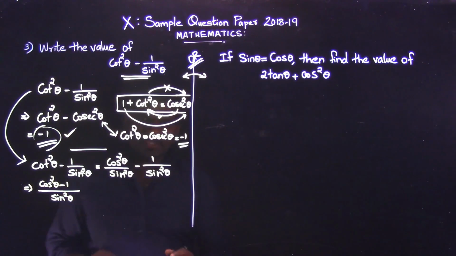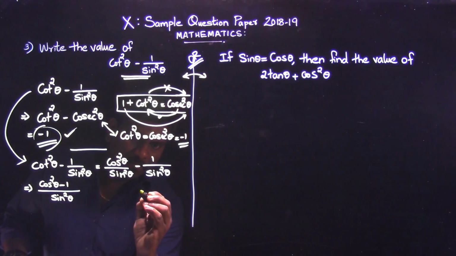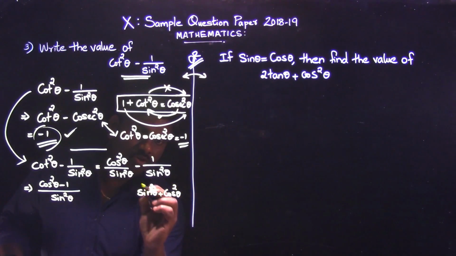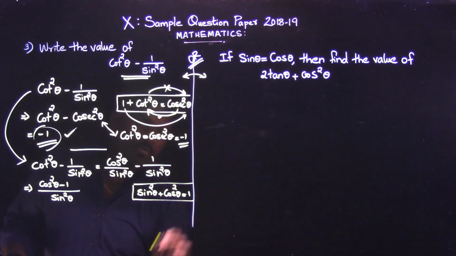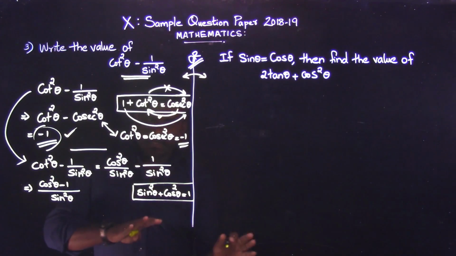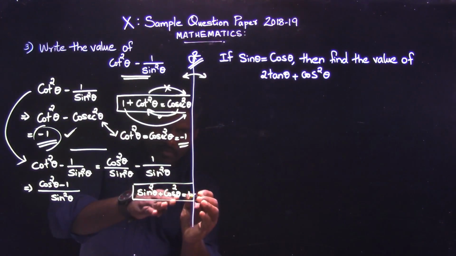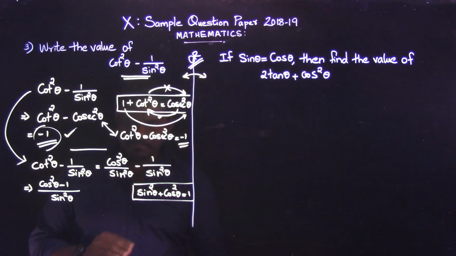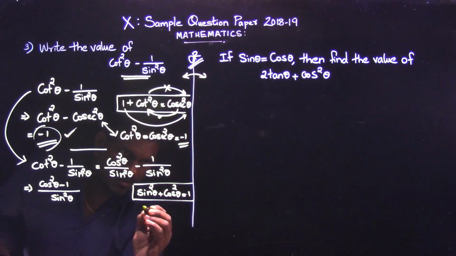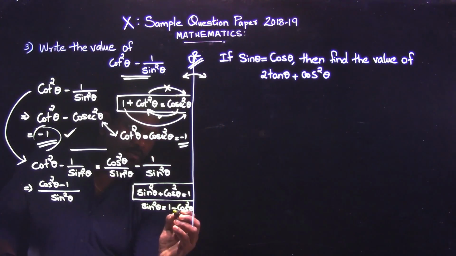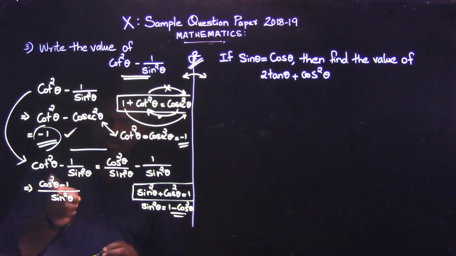But I have a formula which is very general and quite useful also. Please keep this in your mind, dear. Sine square plus cos square, what is the value? It's always going to be 1. So if you check this one, my cos square goes to that side, so it will be 1 minus cos square is equal to sine square. Sine square is nothing but 1 minus cos square theta, isn't it? But here it is cos square minus 1.